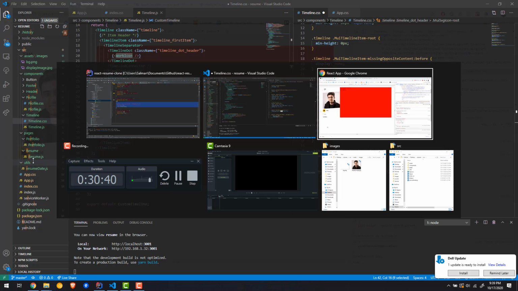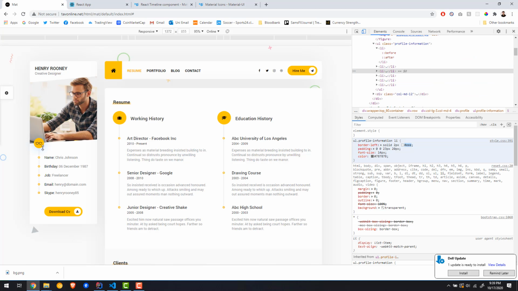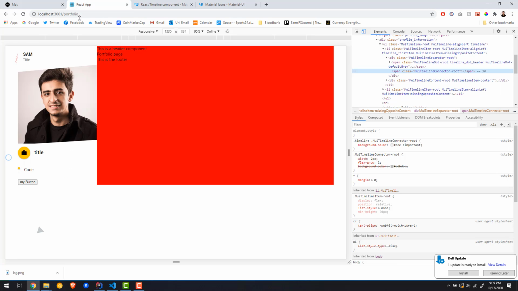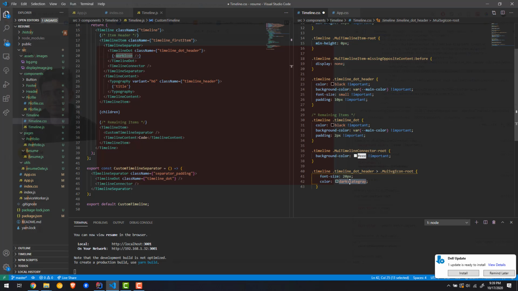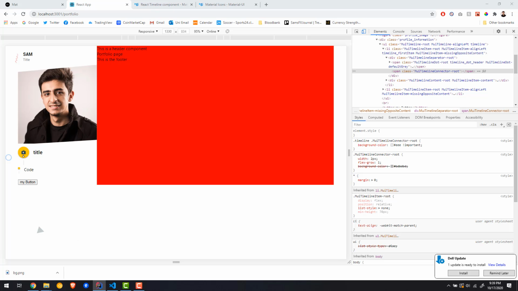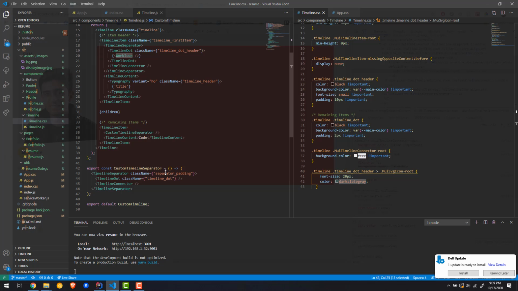We don't want it to be black. We want it to match that, which is a really dark gray. The CSS color I found is like that, and then a font size of 20. So if I save, let's see what happened. See that? Magic, bro. And another thing that I want to do is